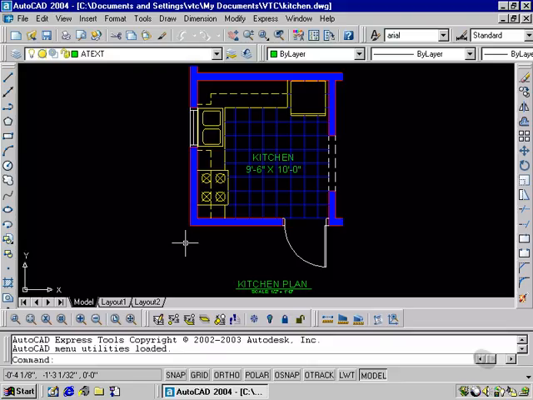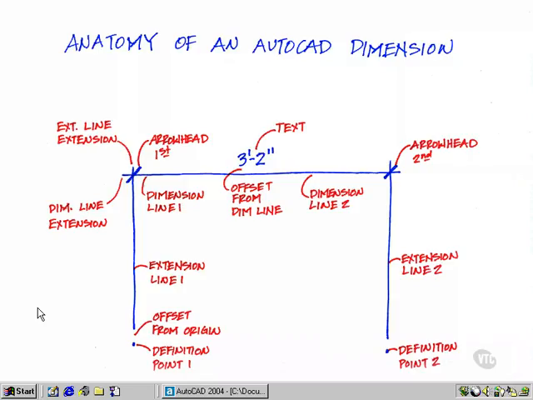Before we begin placing dimensions, it makes a little bit of sense to examine a dimension in AutoCAD. So what I have done is changed my background. I'm going to minimize AutoCAD. And as you can see, I have drawn out the anatomy of an AutoCAD dimension. In blue is the dimension as it will appear in a typical AutoCAD drawing with architectural dimension styles. In red are all the different variables that have to be adjusted within the dimension style window so that our